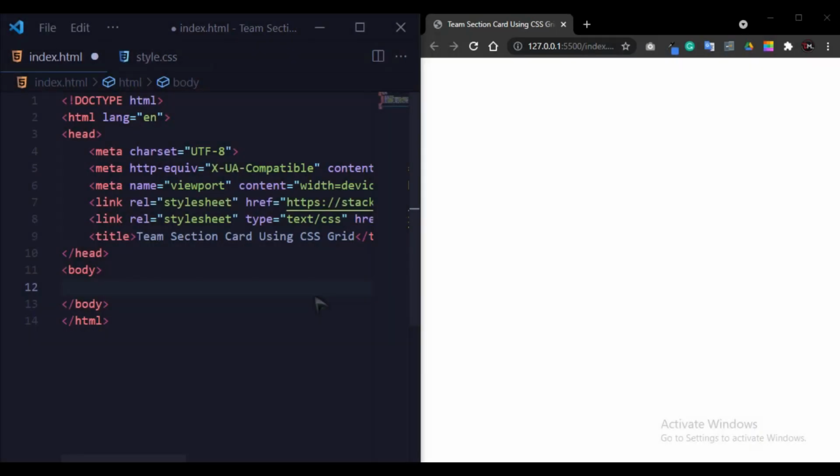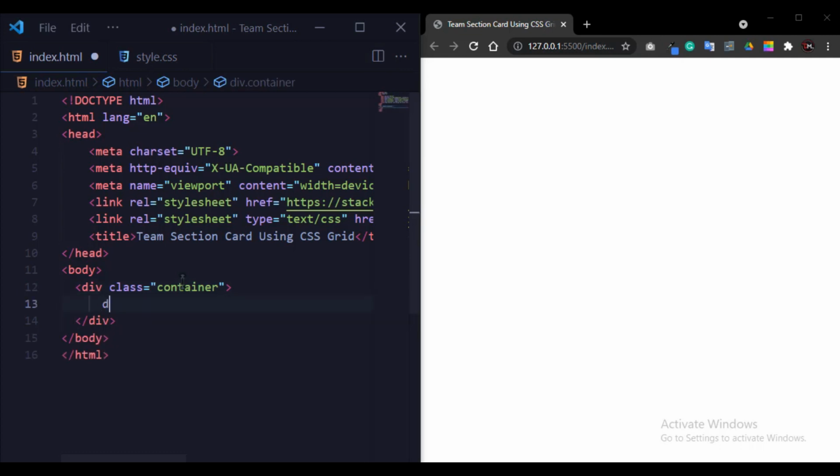So welcome back guys. Now we will write the code and understand how we create these types of amazing team section cards using CSS Grid. So let's start. First of all, I write a div with the name container, in which I will write all the code.